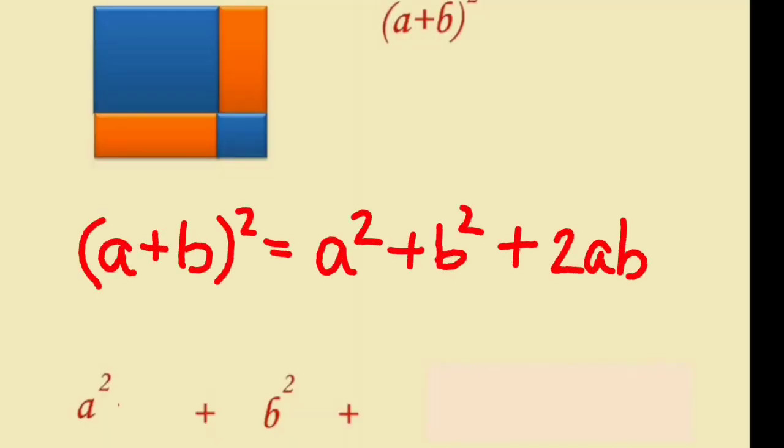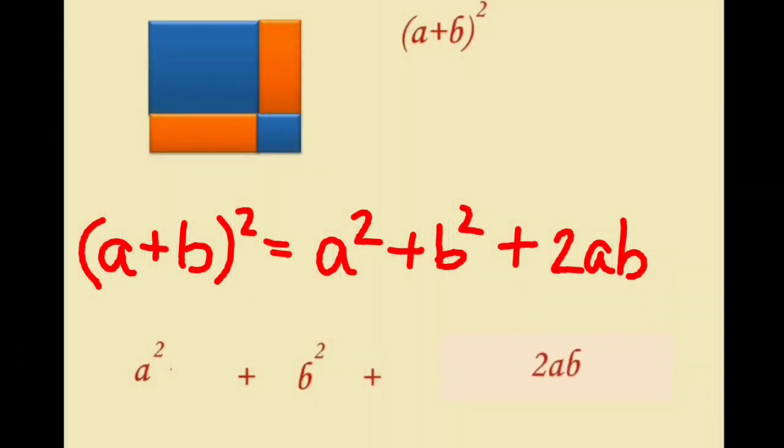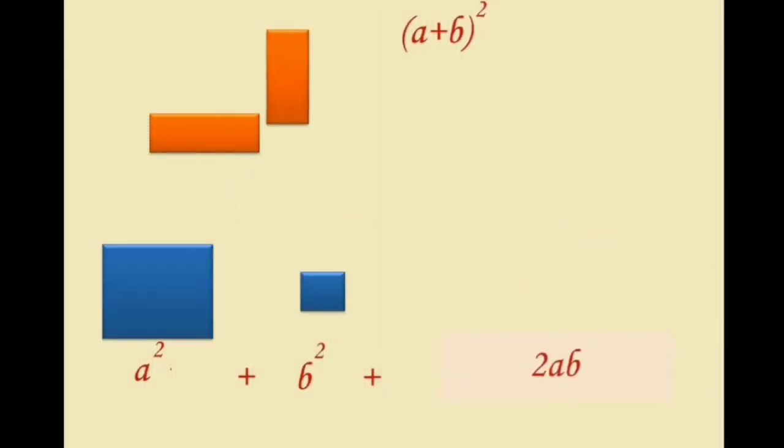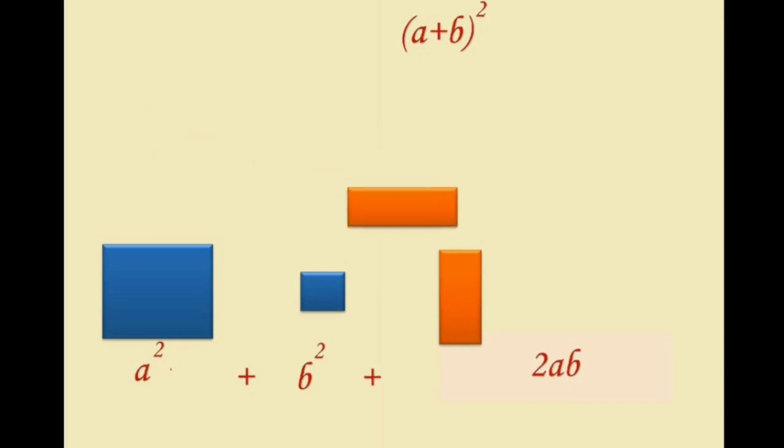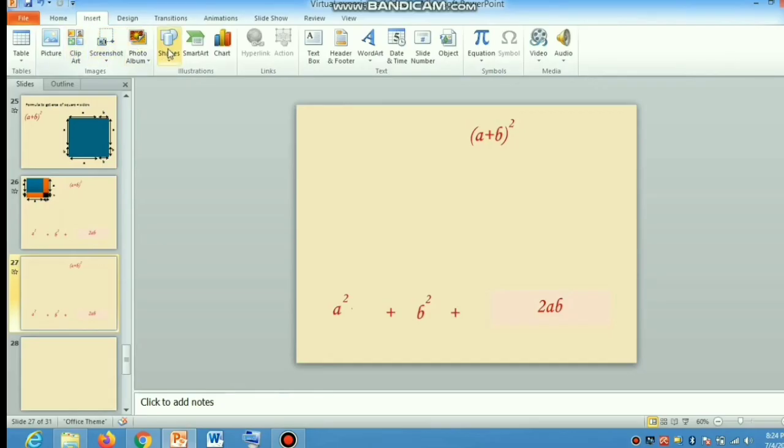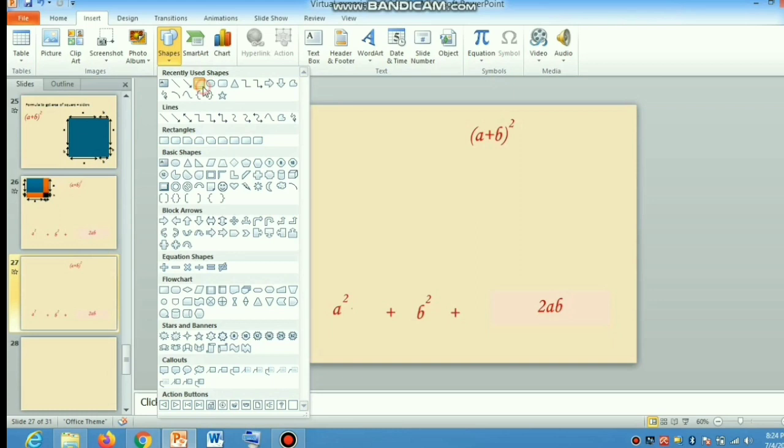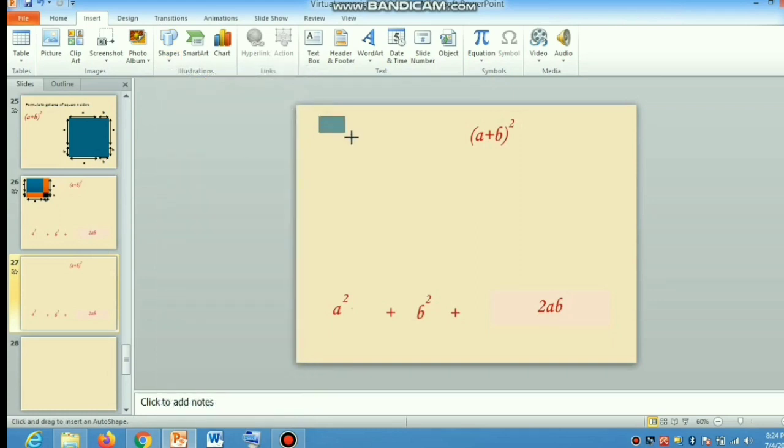Have a look. This equation we always mug up, but we don't realize that there is a square of a side which gives you a square, b square, and two rectangles of AB, which gives you 2AB as area, and we find out the area of the whole square by this formula.